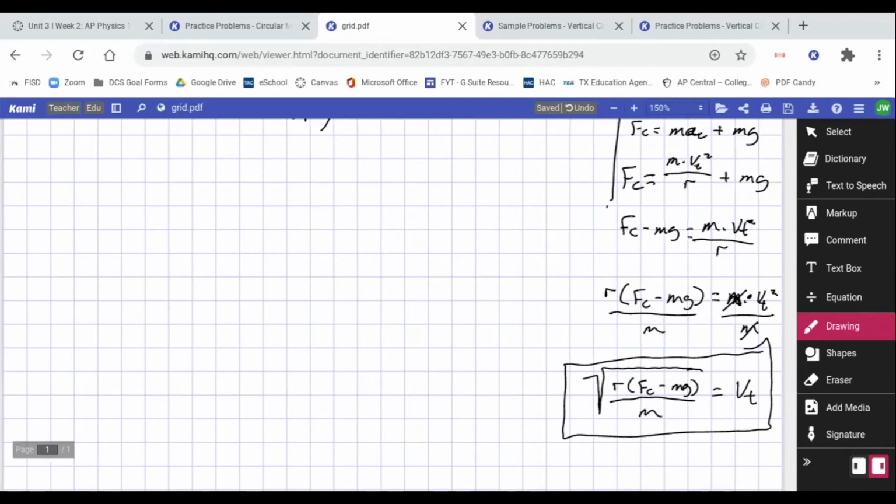It's something that you could easily do, provided you know the first formula. It's just a rearrangement to solve for velocity. And we did that at the bottom because that's where we're going to see the maximum velocity. Okay. Now, the other question is what is the minimum velocity that this roller coaster could go around and not